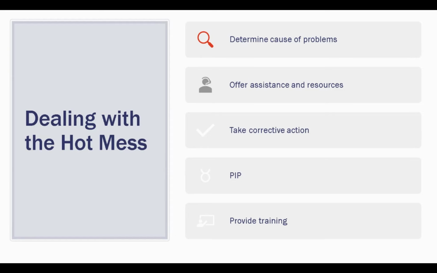You want to support your employee, but you also need to support the other employees who are not toxic to your agency. And if you want a copy of a sample performance improvement plan, you can email me or send me a note in the Q&A, and I can send you a sample that I've created.